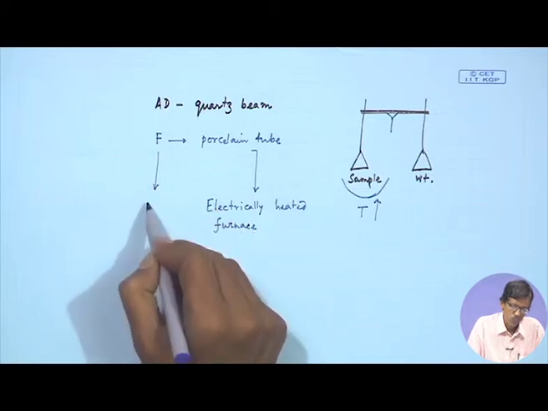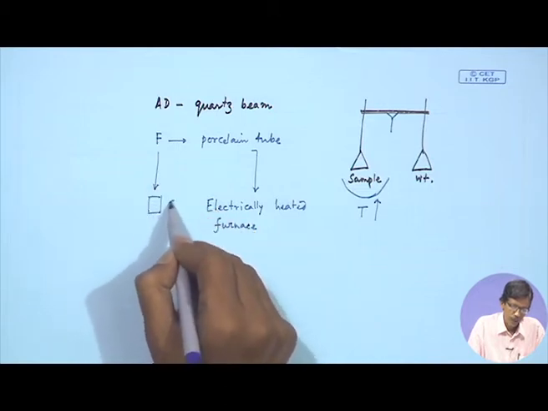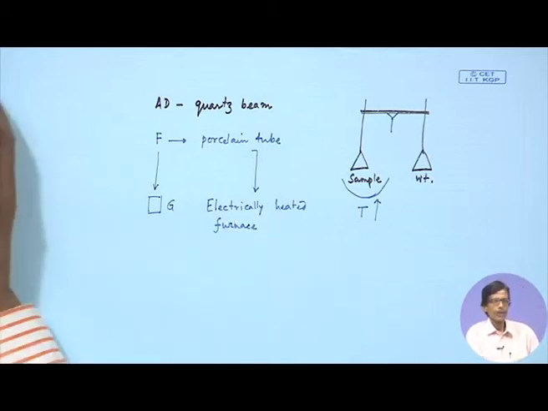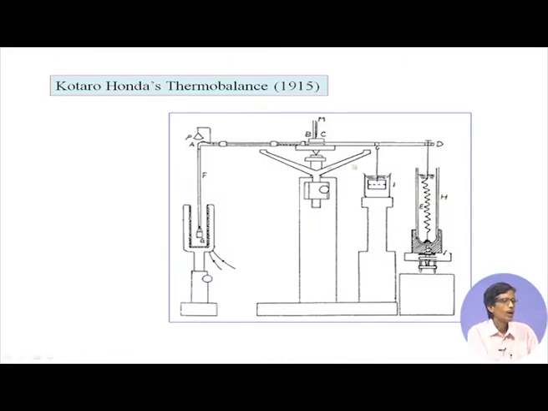This F is then connected to the sample holder, which is your G. So, from this quartz beam there is F, and this is your G, the sample holder, and you see the two wires, the electrical coiling, such that this part is your furnace. So, first it was developed in that way. You simply heat the furnace, your sample will be heated, and we want to see the weight change with temperature.